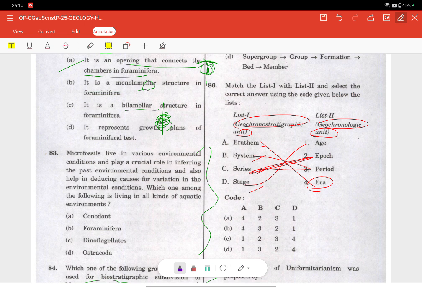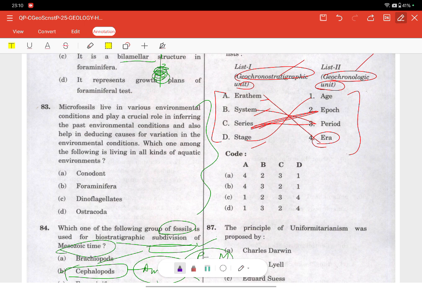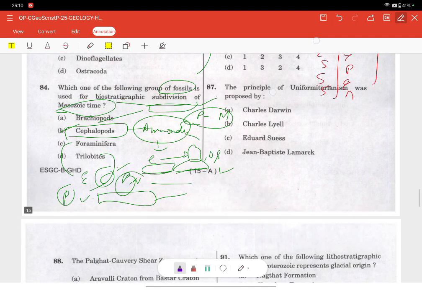You have to learn these sequences of geochronostratigraphic, geochronological, lithostratigraphic, biostratigraphic, all kinds of units. So you can learn them very well. Also, I have made a video previously on my YouTube channel where I have explained all these chronological units and the tricks to learn them. So you can go through that. Eonothem, Erathem, system, series, stage; eon, era, period, epoch, age. I have this mnemonic. You can go through that.